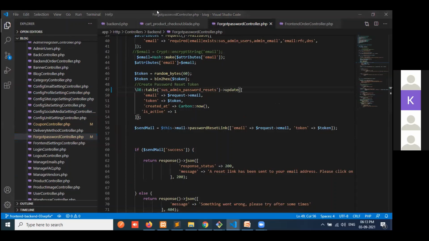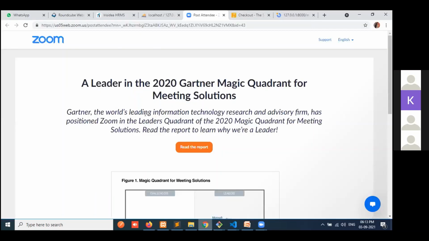A specific ID means, here, if you provide root, it will update only this row.